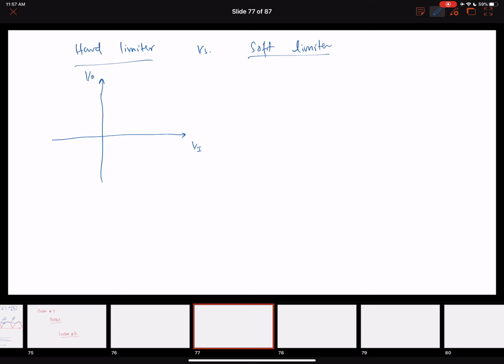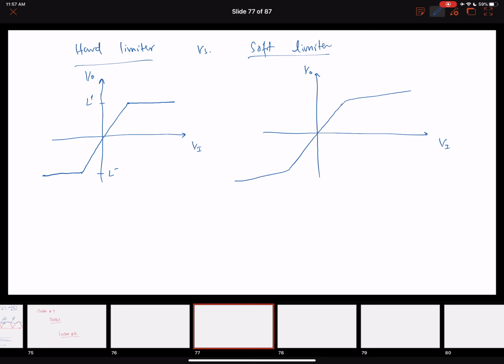Here, Vi versus Vo, you have a sudden saturation value, L negative, L positive. A soft limiter is something where there is a smooth transition in the saturation. For example, you go like this, and then there is a smooth transition in the saturation, something like that. So a soft limiter provides smooth transitions